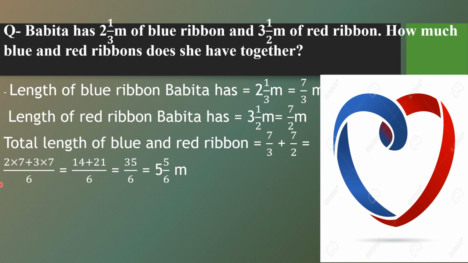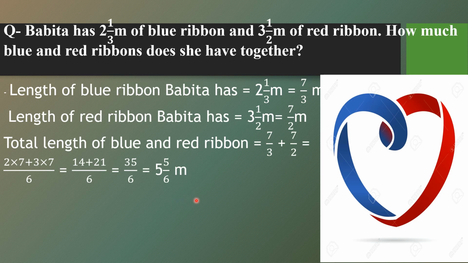Now we will solve. 3 2s are 6. So we will write 2 here. Multiply that numerator 7. Plus 2 3s are 6. It means we will write 3 and multiply numerator 7. Now solve this. 2 7s are 14 plus 3 7s are 21 by 6. Now add these, 14 plus 21, which is 35 by 6. Now 35 by 6 is an improper fraction because the numerator is greater than the denominator. So we will divide 35 by 6 and what will we get? 6 5s are 30. So 5 is the whole number in the mixed fraction and the remainder is 5.